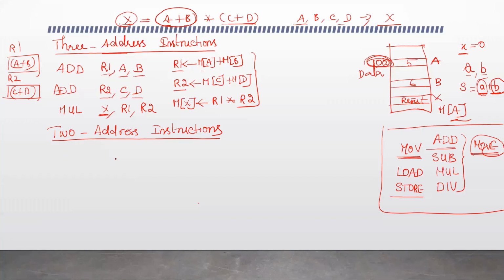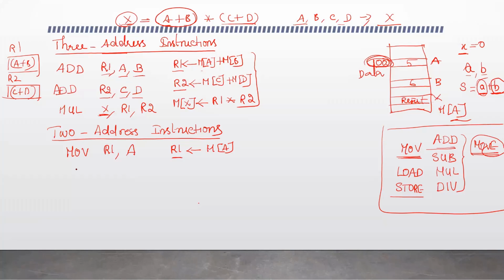So first the operand A in memory needs to be moved into a temporary register. Okay, so let's take the operand A, that is in memory, and move it to a general purpose register R1. What this instruction does, it moves the content of memory operand A to register R1.